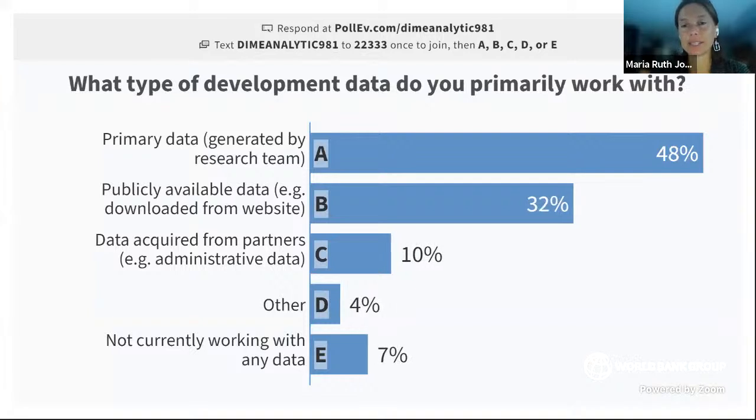So the first section of this handbook covers how to establish your usage and access rights to the data. And that's going to differ by the types of data that are available, which is why we want to establish this. But I see that enough folks are working with different types. We'll talk about all three. I'm going to close this poll now and go on to our next one,